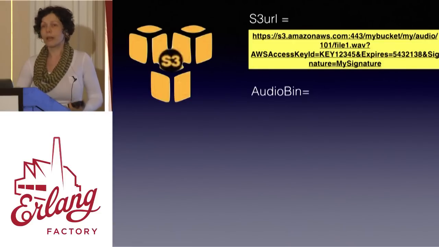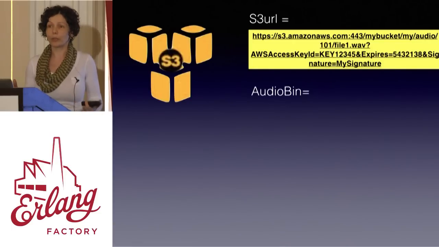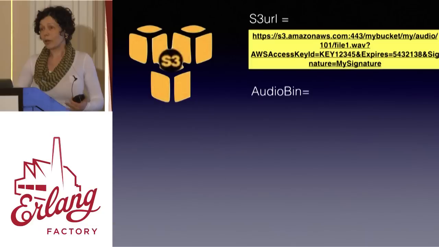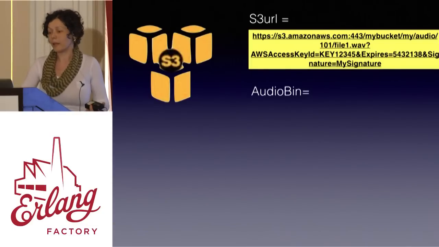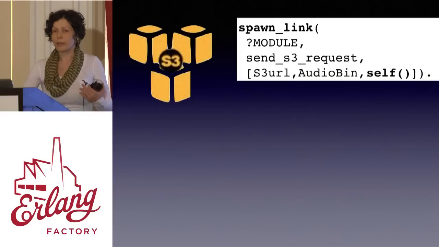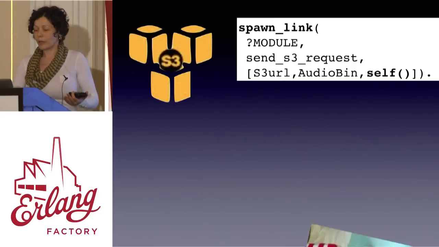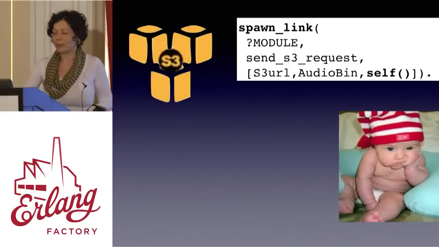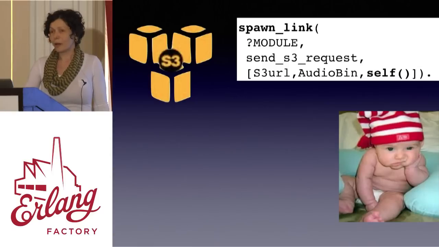But we can't afford sending the S3 request and sitting there waiting for it to complete. So naturally, as an Erlang developer, what do we decide to do? We just spawn a child process that will do this instead. The child process will send the S3 request and do nothing but wait for it to complete. And to get notified of the result when the S3 request completes, we equip this process with our own process ID.